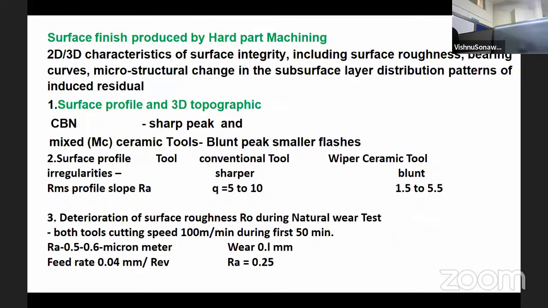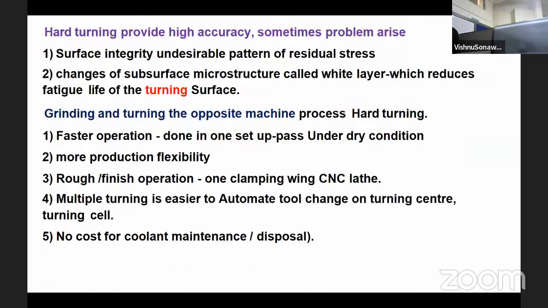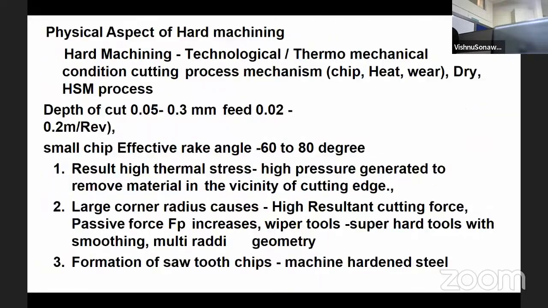Here the surface finish will be produced. Here this is the hot material. Okay, then